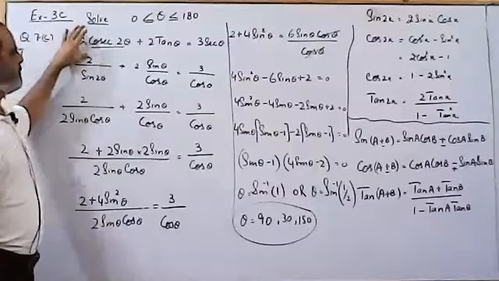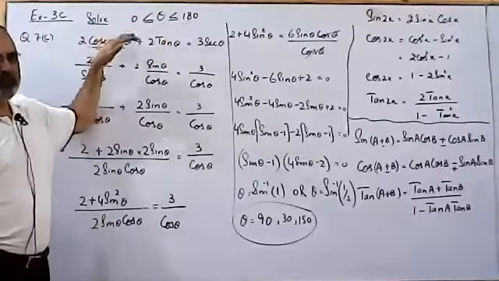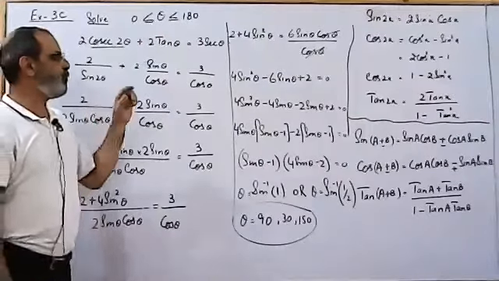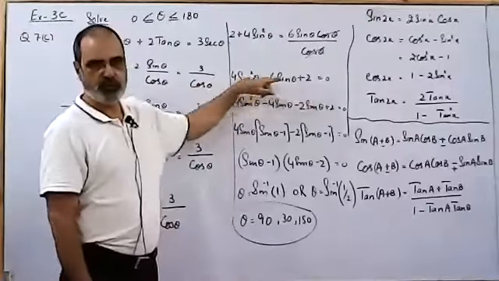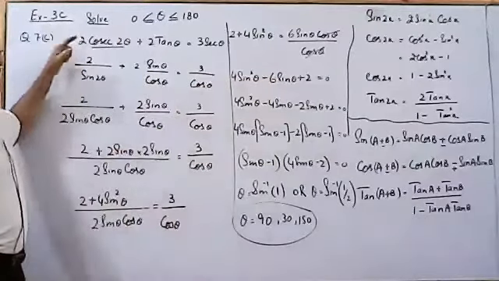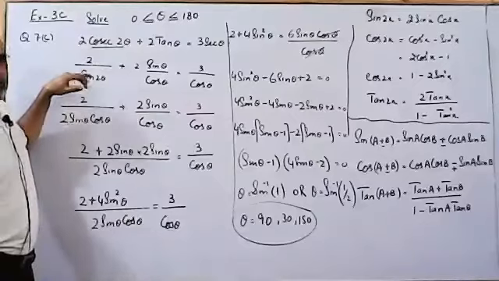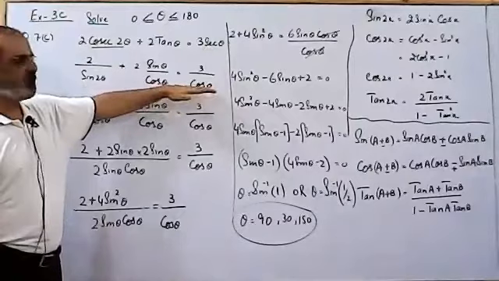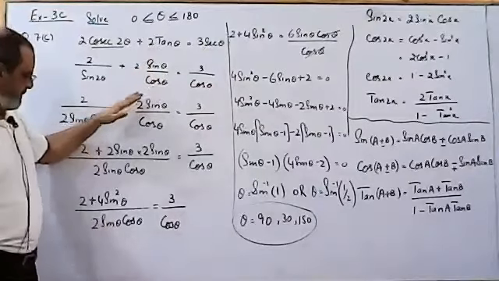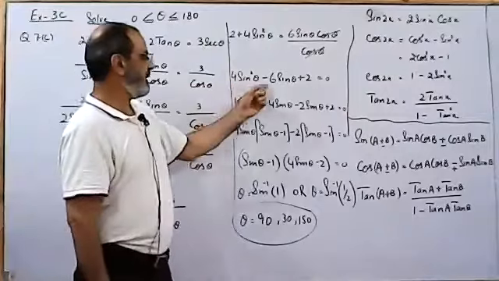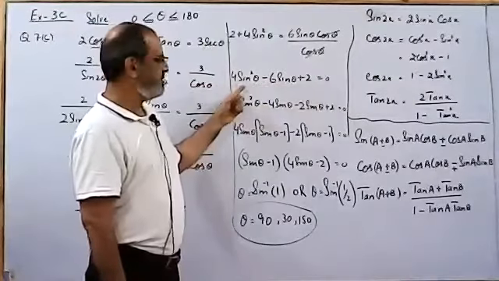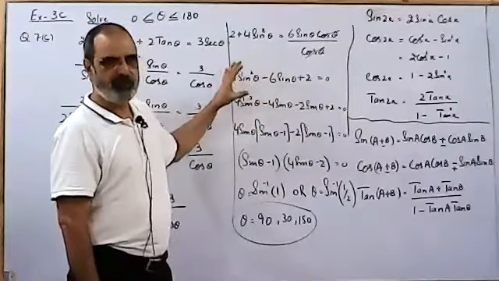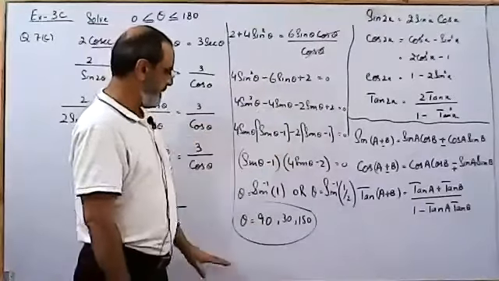So in the beginning, what we have to do is simplify the equation in such a manner that we have only one trigonometric ratio in the whole equation. For that purpose, I have changed cosecant 2 theta into sine 2 theta by taking its reciprocal. Secant theta is changed into cos theta by taking the reciprocal. Tan is changed to sine over cos. After simplifying, I arrived at this equation: 4 sine square theta minus 6 sine theta plus 2 is equal to 0. So after that, to find the value of theta, I have factorized and found the values of theta.